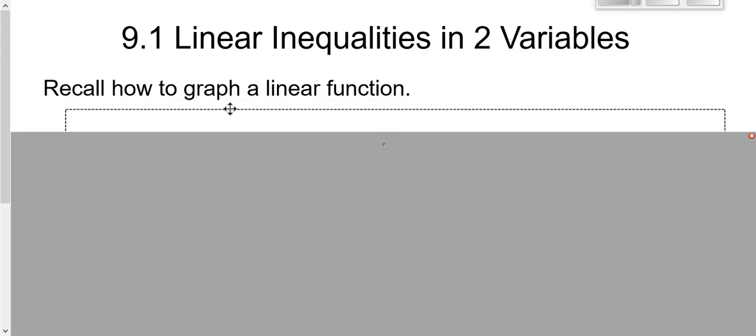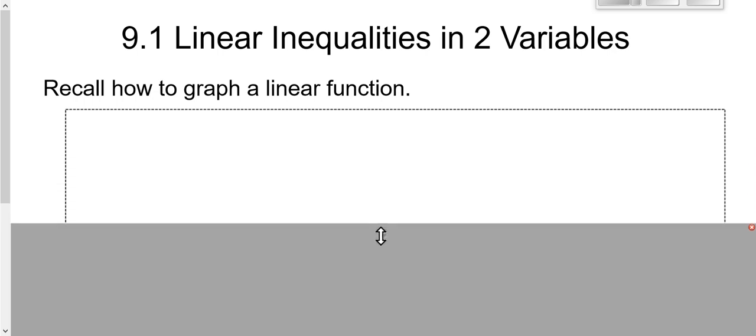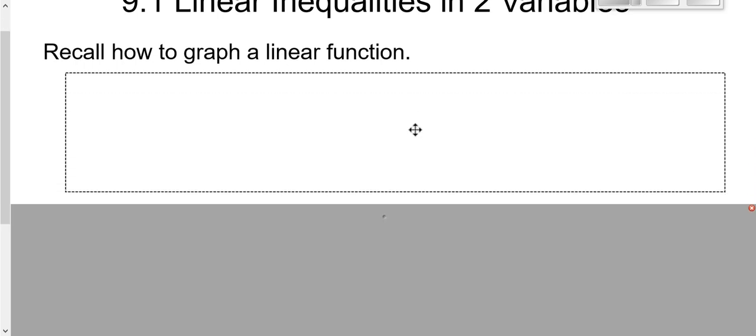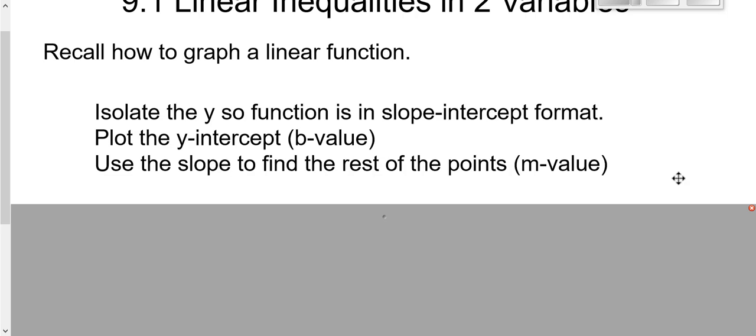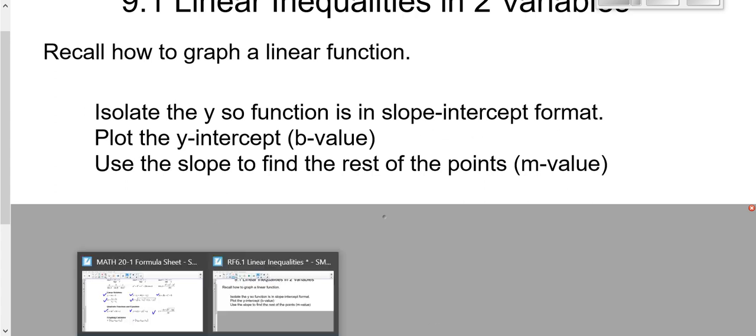Okay, so let's talk about how to graph a linear function. This is Math 10C stuff, so I'll just quickly show you the notes. Hope that will brush up your memory. You might want to pause here, copy down the notes, or read through them. Isolate the y, so the function is in slope-intercept form. So what is the slope-intercept form? If you look at the formula sheet,